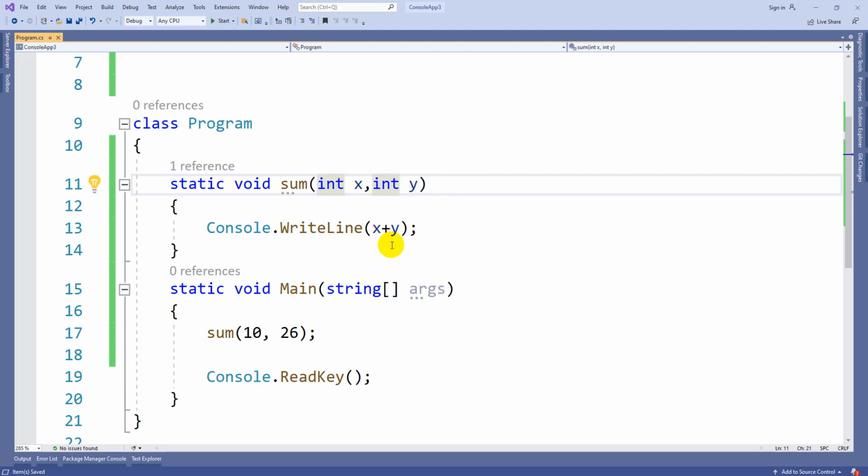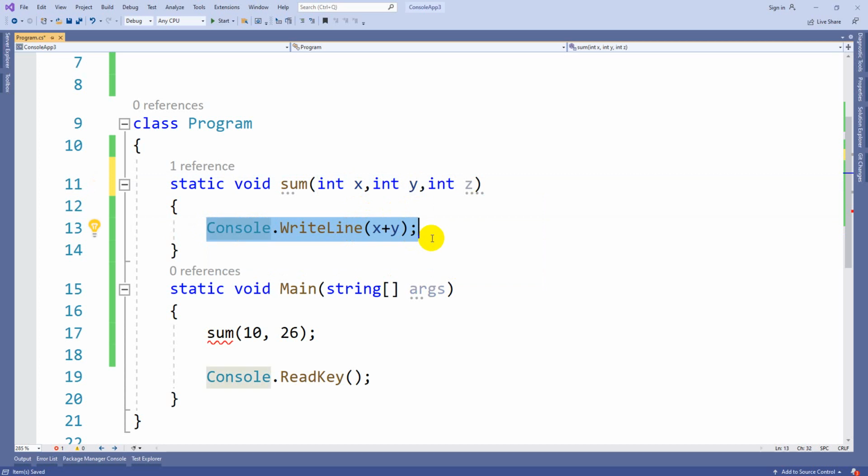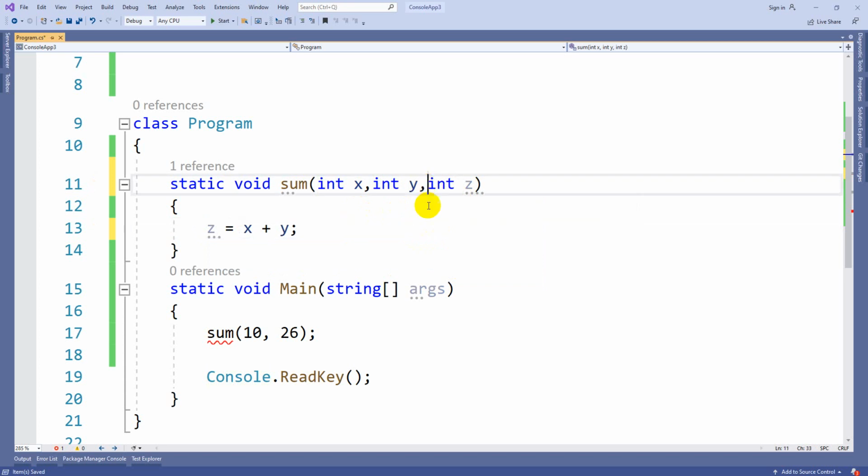Coming to this out keyword, additionally you can make a variable like this, int z. Instead of printing it here, let's pass z is equal to x plus y. That's it. You are simply loading the value into the z variable, and here you are going to use the keyword out. That means these two will be used for input, and the output will be passed from this variable, int z.